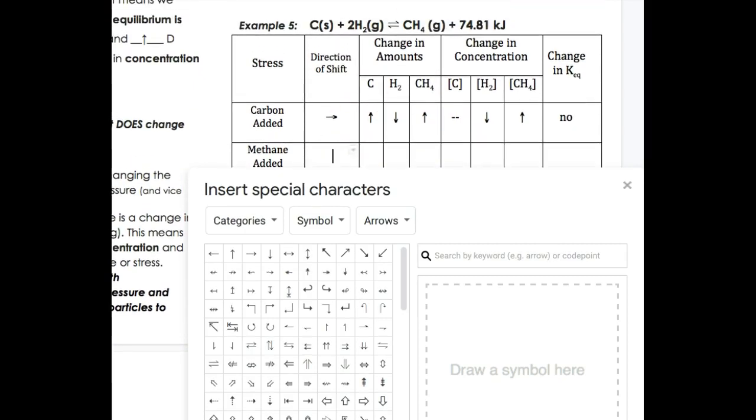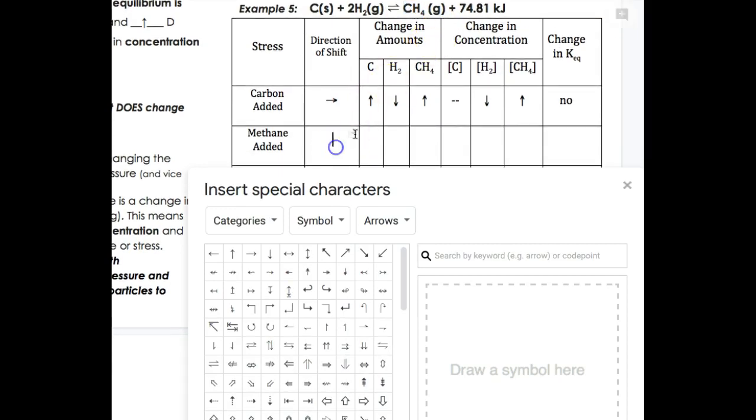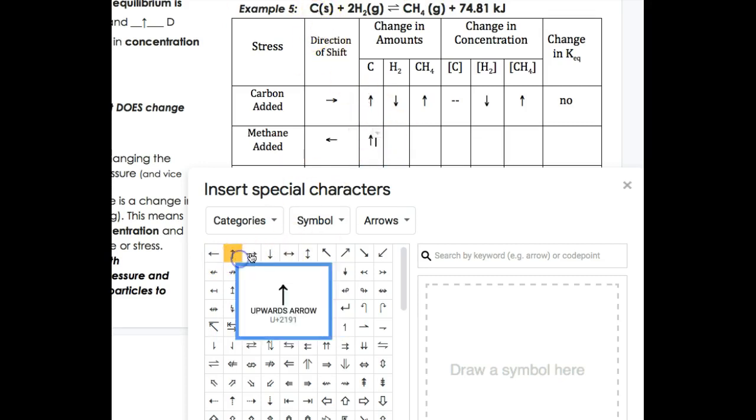For methane, we're adding this right here. And to counteract that change, it's going to want to shift to the left, right? We have more of this, therefore it's going to shift to the left, so we have a little bit less of it. So left, that means we're going to have more carbon, more H2,